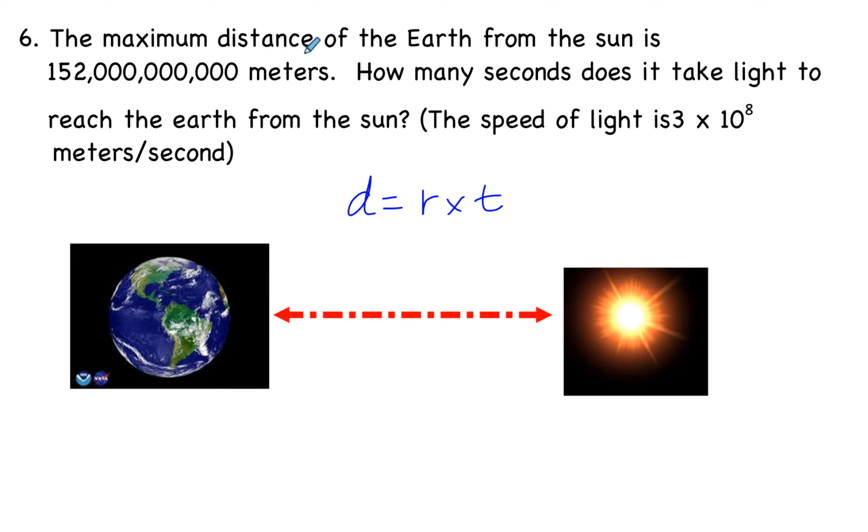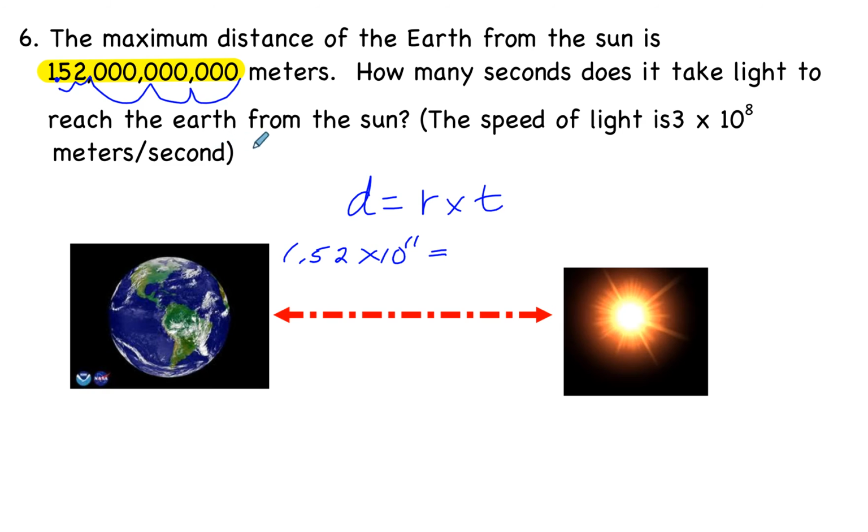We're given a distance. So let's write this distance in scientific notation. Where would our decimal point go to make that number be between 1 and 10? Well, our decimal point is going to go between the 1 and the 5, right? So we're going to write that for distance 1.52 times 10 to some power. And what's our exponent on 10? How many places did we move it? We moved it 3, 6, 9, 10, 11, right? So it's 1.52 times 10 to the 11th